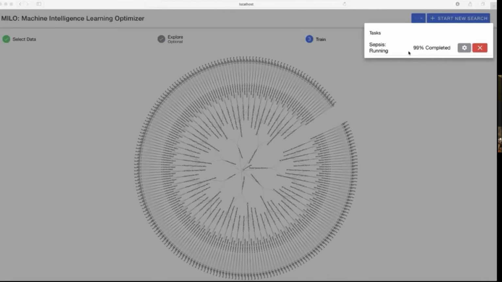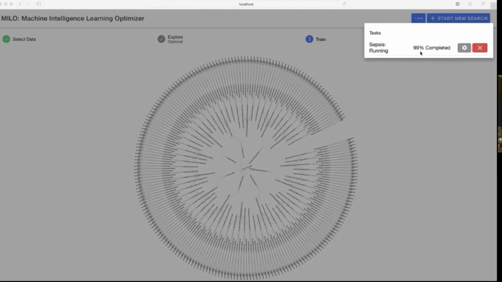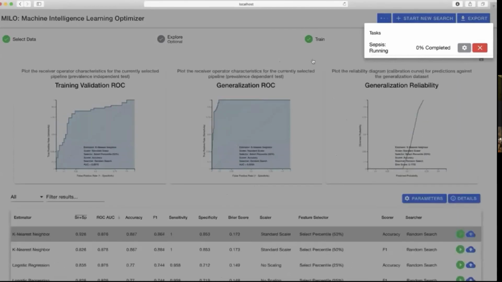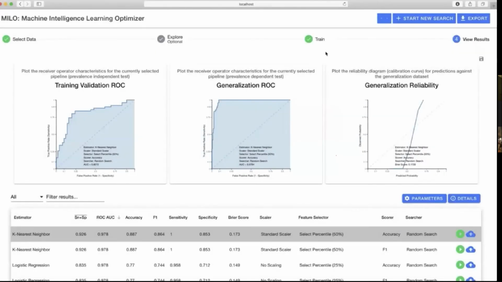Obviously, it's going to take a few hours, so a little while later, when the wheel gets close to 100%, so it's not 99%, when it gets to 100%, it automatically throws the user into the results section, the 4th step. And then within the results section, it pops up by default, because most people are asking us for the top average sensitivity specificity with the highest sensitivity.